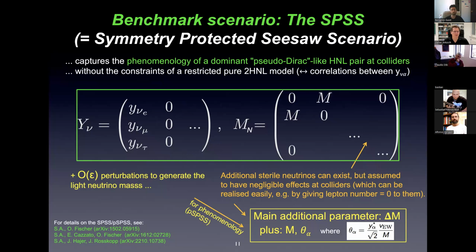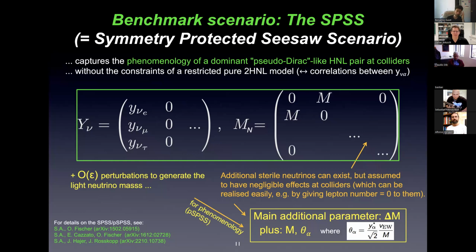Now you have, of course, all the epsilon terms we just discussed in order to explain the light neutrino masses, and they are also included. But now the important thing is when you look at the collider phenomenology, then the details of them are normally not so important. The only parameter, at least at leading order, and I'm going to explain why this is the case a bit later in my talk, is this mass splitting. So that's what we call then the